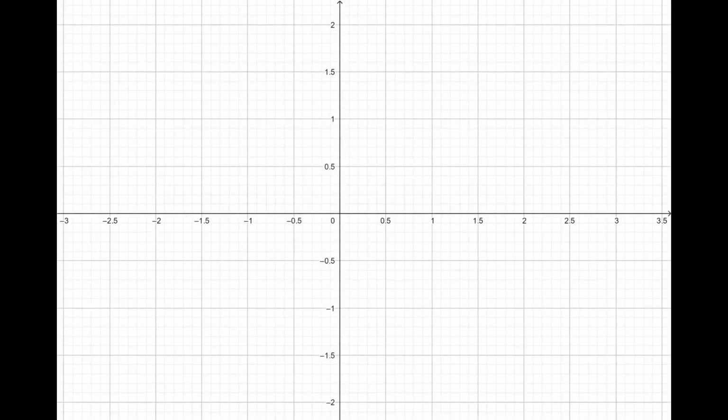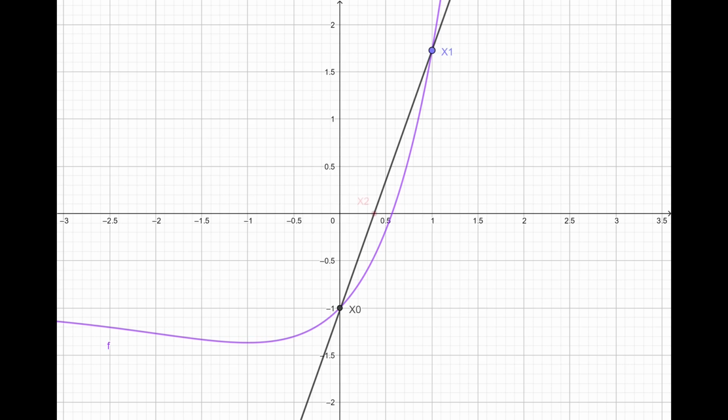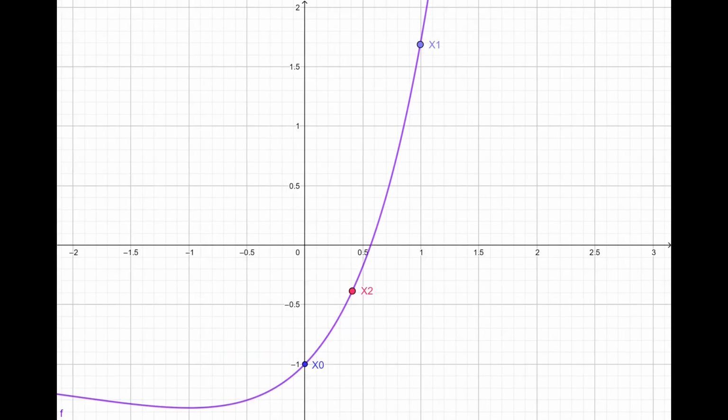Our next method is the Regula-Falsi method. In this method also we require 2 points as in the case of the bisection method. For finding the next iteration value, we will draw a line passing through these 2 points, and wherever it intersects the x-axis will be our next value x2. In this case, we can see that the value of the function is negative at x0, positive at x1 and negative at x2. So the function changes its sign in the interval x1 and x2. So now we will draw a line between x1 and x2, and wherever it intersects the x-axis will be x3. We will repeat this procedure until the required accuracy is met.